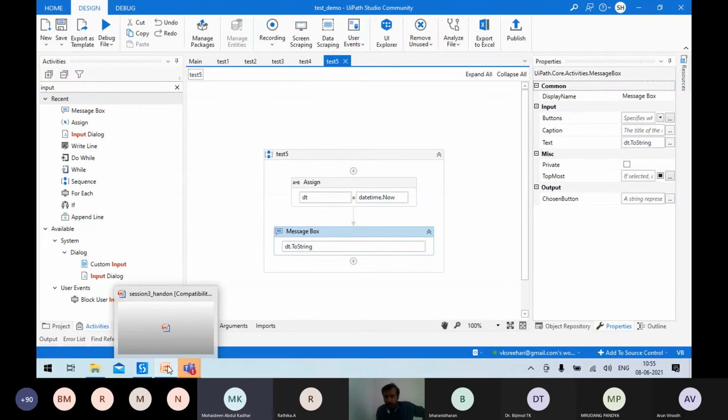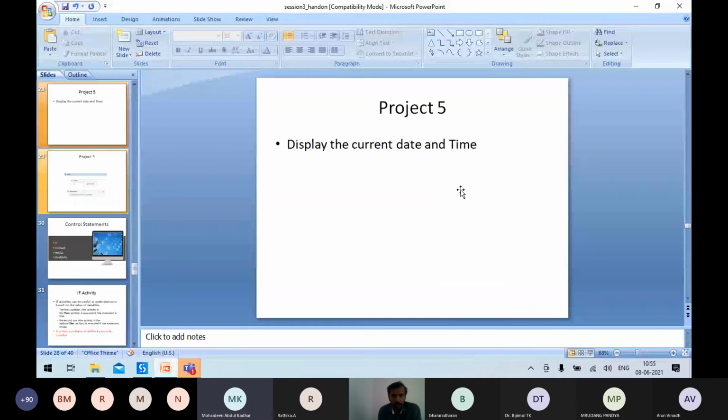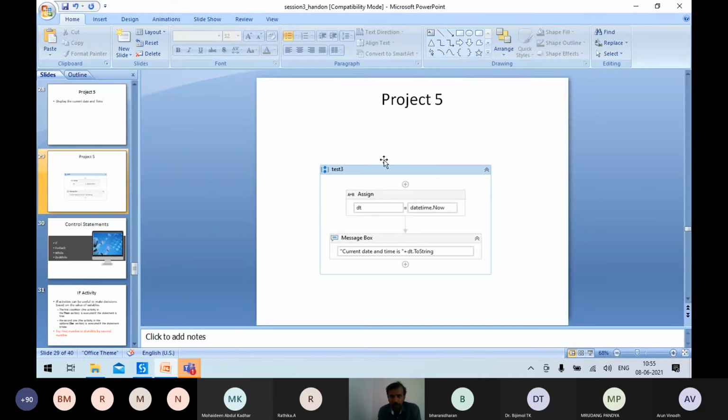We are going a bit late, I think the session is till 11:30. It's almost 11 now. So I think it is clear now. If you have any doubt, there is the screenshot. You just have to take an assign, and do all these things.